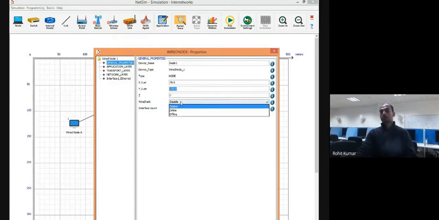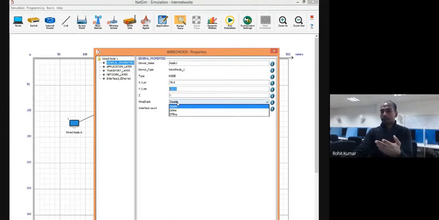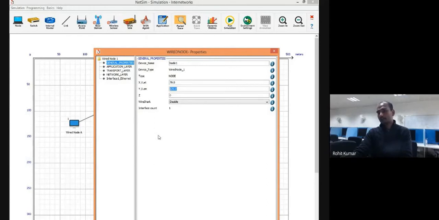Then, we'll discuss this wireless option and Wireshark option later on, but a short description: if you have created a network and your packets are moving from one device to another, it is hard to analyze those packets in real time. So a better way is to simply log all those packets into a particular file, and then you can open it in some sort of packet analyzer like Wireshark. Then you can apply multiple filters and see the behavior of packets, how the packets are moving from one device to another.